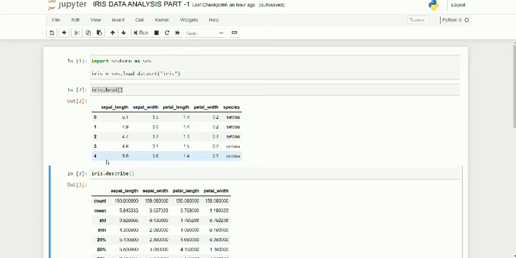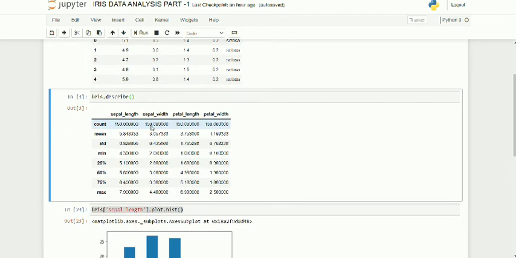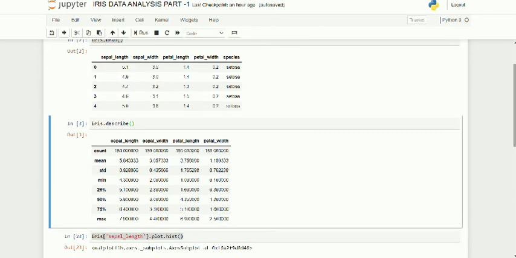After that, if you want to know some statistics about this data set, then you can call iris.describe. As you can see here in the output, there is sepal length, sepal width, petal length and petal width, which are numerical values.